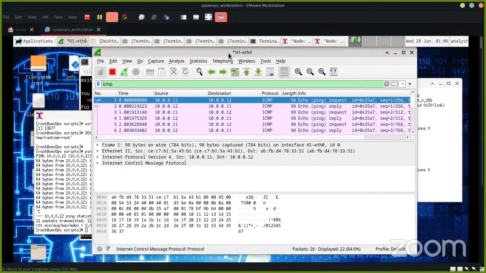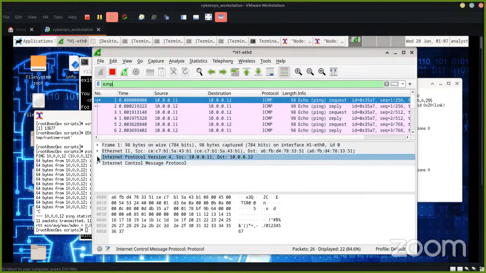So there's this thing called a filter here. You want to be able to filter for whatever protocol you are looking for, you are making use of. If I like, I can filter for HTTP, but it won't come out because there's no HTTP traffic, of course, for now. So I'm going to stick with ICMP. Then we can further investigate here, and you can see the frame